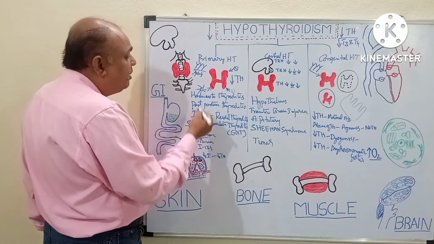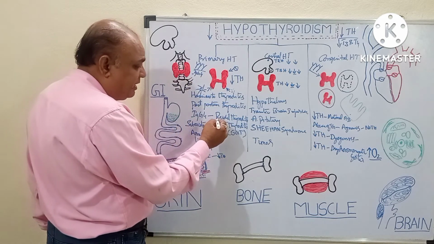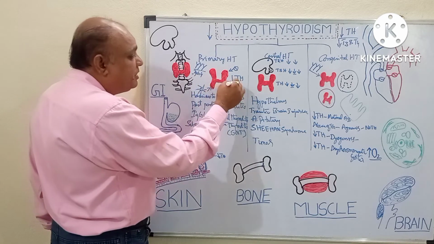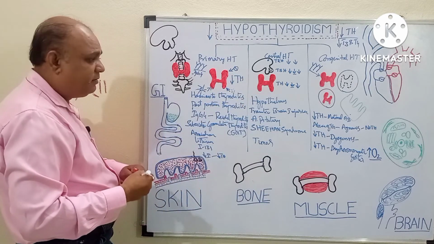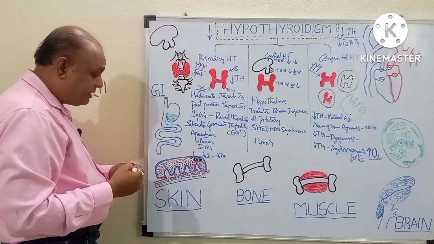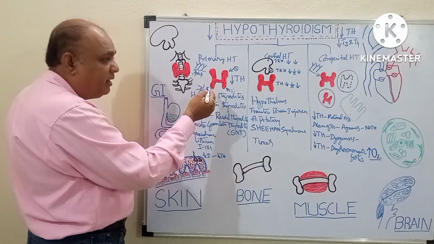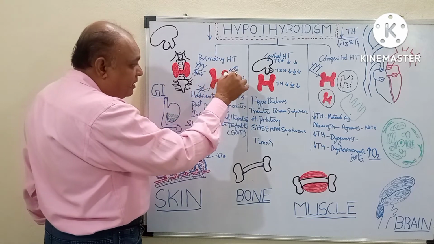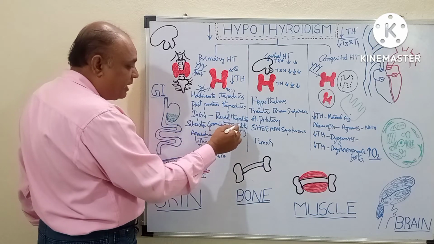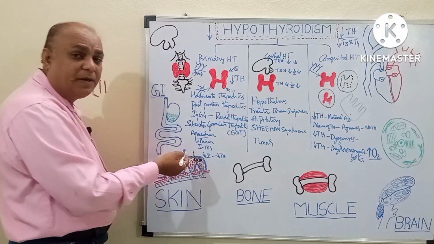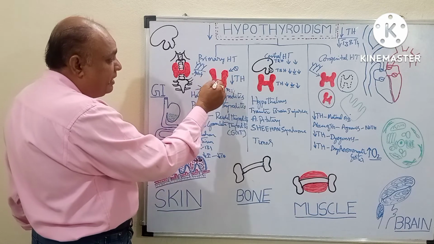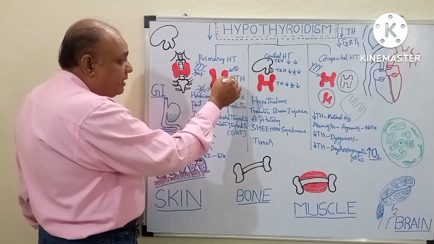Next, IgG4, where an antibody like IgG4, in Riedel thyroiditis, replaces the normal thyroid tissue with fibrous tissue, which leads to low thyroid hormone secretion. Next, we have seen viruses inflaming or affecting the thyroid gland to reduce thyroid hormone secretion. A good example is subacute granulomatous thyroiditis, which we call SGT, which is commonly due to viral infection. Now we see the drugs